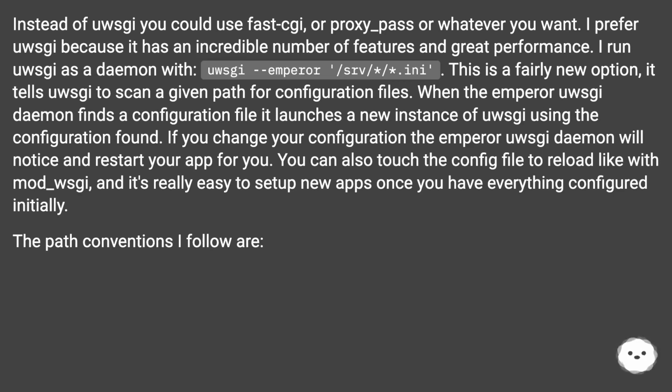When the emperor uWSGI daemon finds a configuration file, it launches a new instance of uWSGI using the configuration found. If you change your configuration, the emperor uWSGI daemon will notice and restart your app for you. You can also touch the config file to reload like with mod_wsgi, and it's really easy to set up new apps once you have everything configured initially. The path conventions I follow are